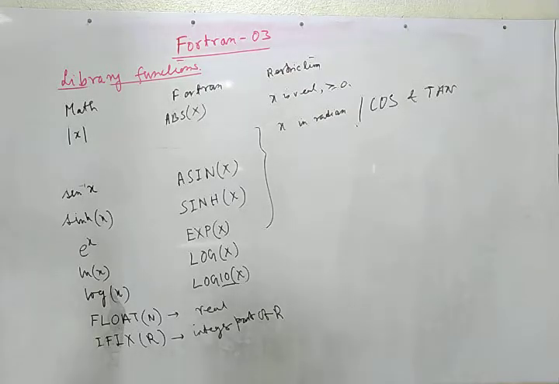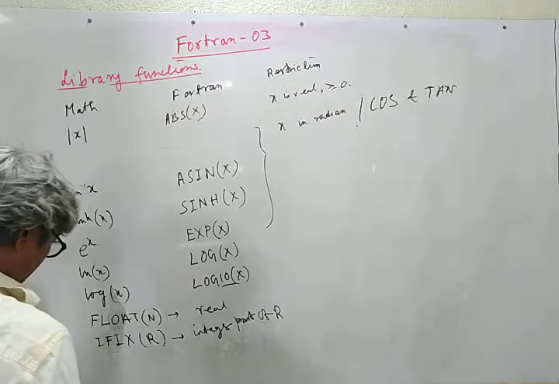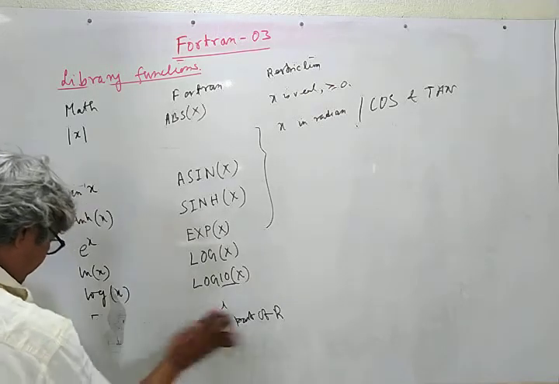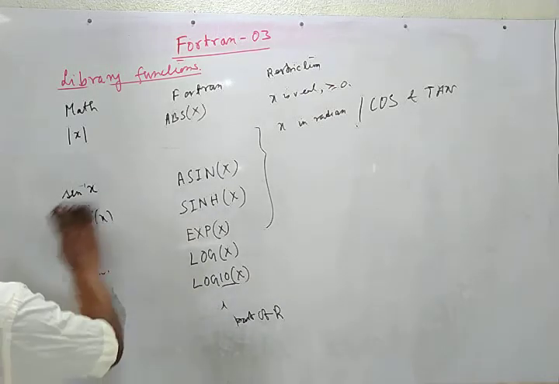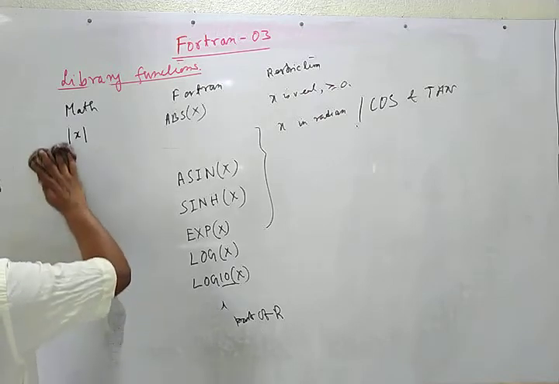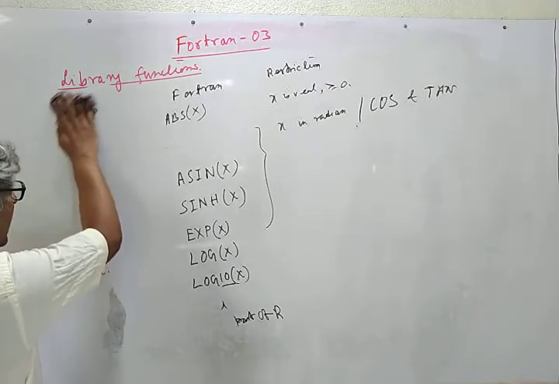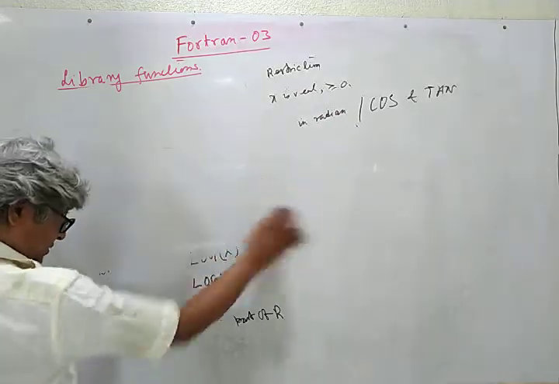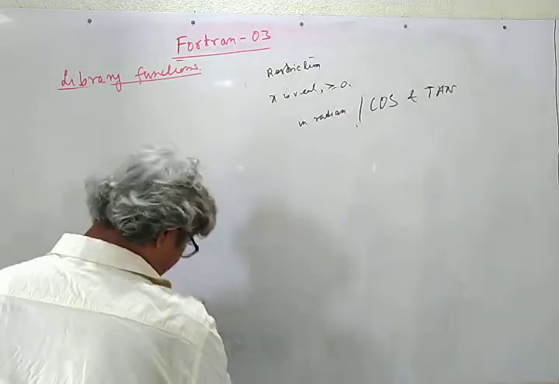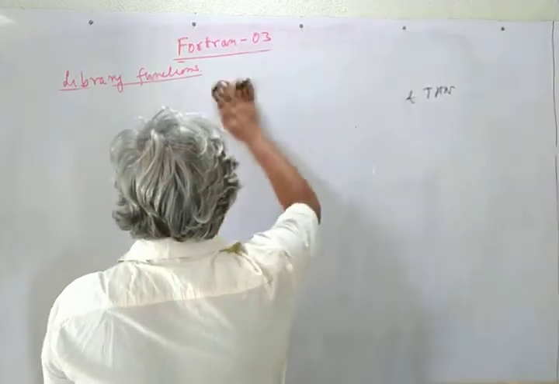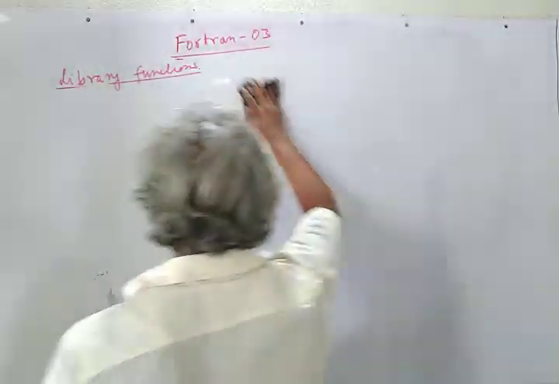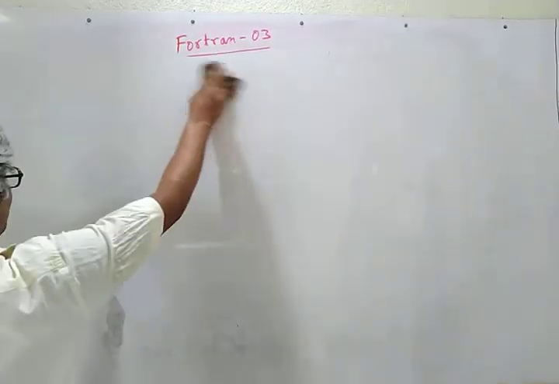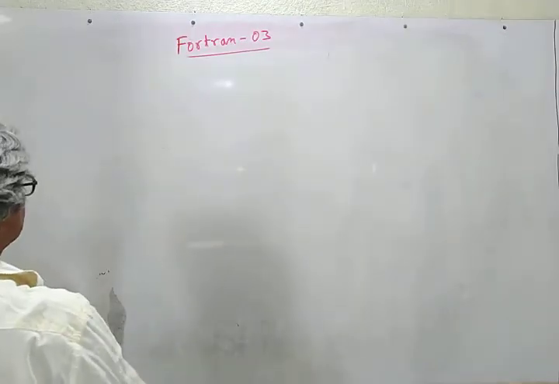So with this much of Fortran library function, we proceed to the example that I have promised, the solution of a quadratic equation. For other library functions, you may consult the table provided at the end of any Fortran book. Now the problem is